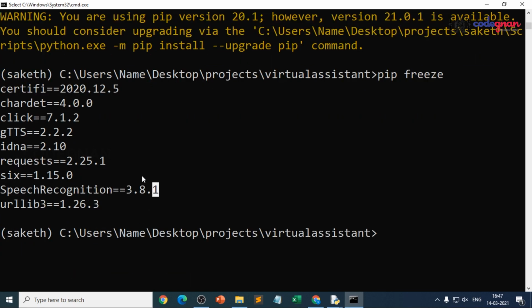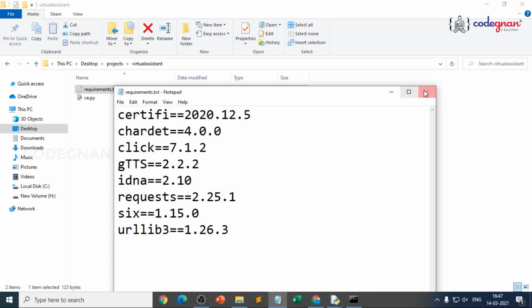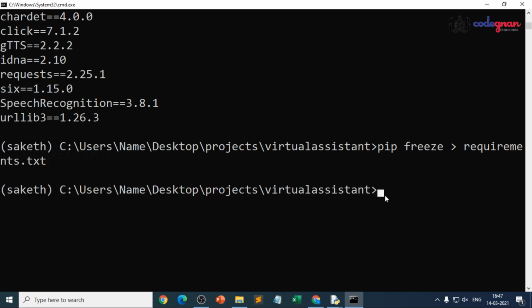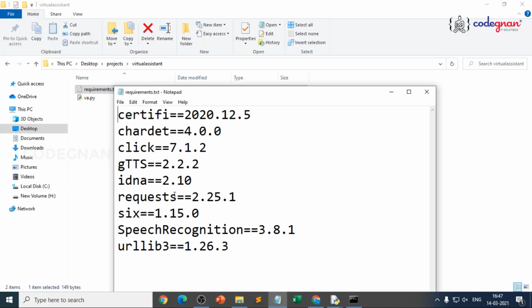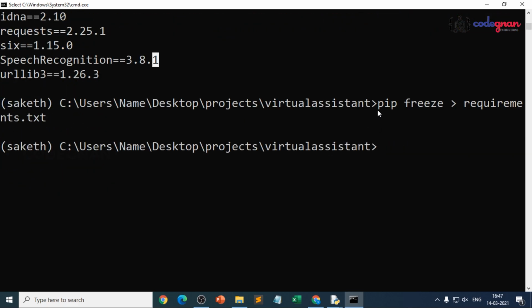Now you want the same thing to be noted down in your requirements.txt, because when you open requirements.txt in your location, there is no SpeechRecognition, right? Because you did not freeze it. This should be done at the end, but I'll show it once, then you can create your own pip freeze into requirements.txt. Then automatically this particular package along with version is also written in the requirements file. I'll show it. Just open requirements. There you go. This is the last step you should do, not in the beginning. For your understanding, I'm just showing it. Once you install all packages, just freeze it into the requirements file. This file will be automatically created.